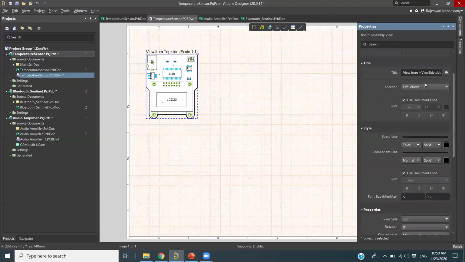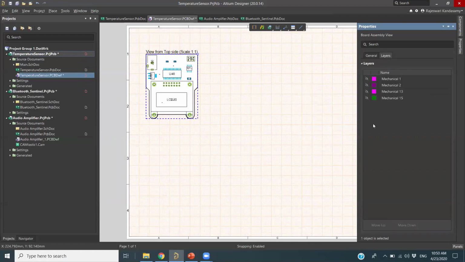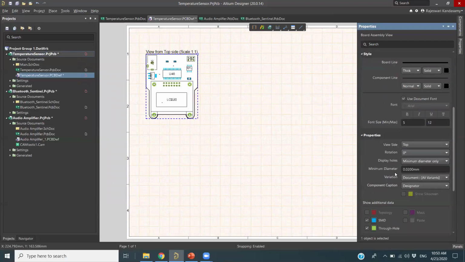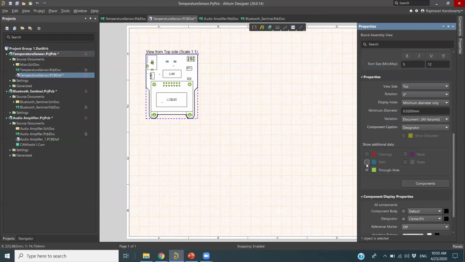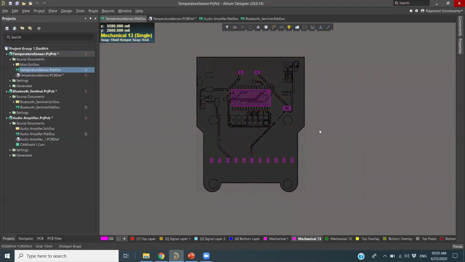So now we see how to place your assembly view. Next, we have another tab here called the layers tab. Inside the layers tab, I have some mechanical layers, and I want to see these mechanical layers in my board. I'm going to show you how to do that. First, I remove all this SMD through hole, then I remove my component body center fit. Now I don't see anything here. I go to my PCB, and activate my mechanical 13 layer for the 3D body to show. Then I press Shift S because I want to make it a single layer, to see all the information of the 3D body. This is what I want to show in my Draftsman.